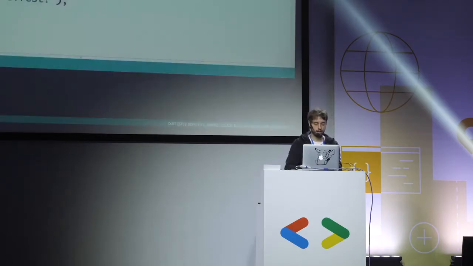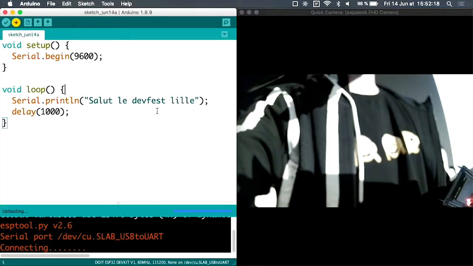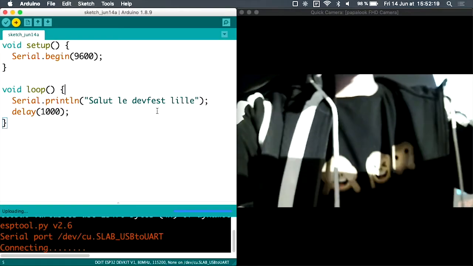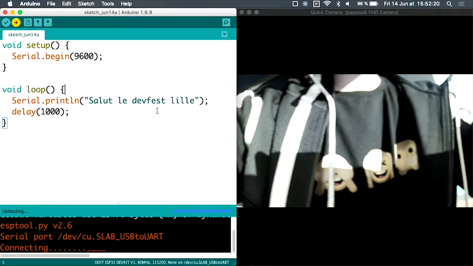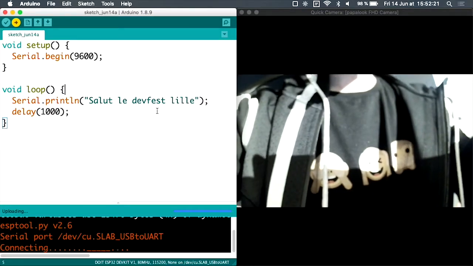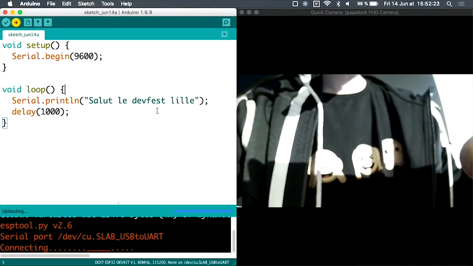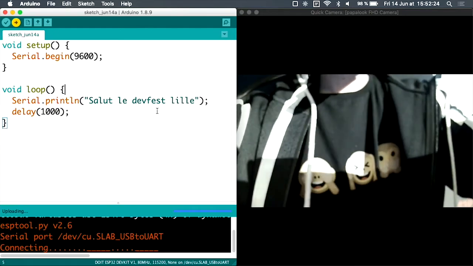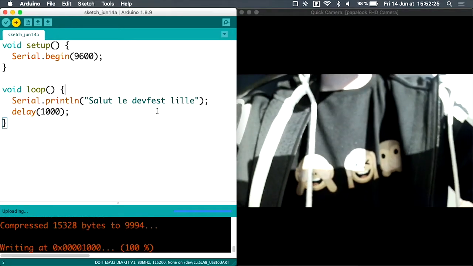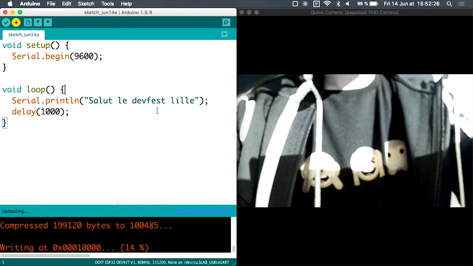Okay, it's connected, and I click here to upload my sketch. The program is called the sketch. I upload my sketch to the microcontroller unit. So usually what it does at that point is it creates an image. It compiles all your code into a single binary image, and then it will flash that image to your microcontroller platform.